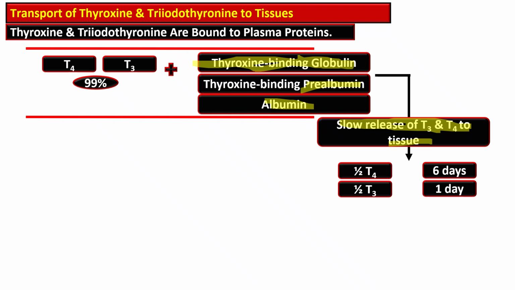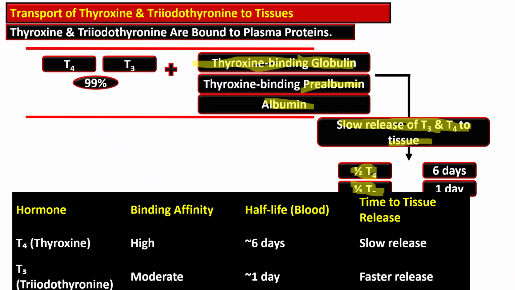The half-life of T4 in the blood is about 6 days, while the half-life of T3 is very less. It is about 1 day. So the binding affinity for thyroxine is high, the half-life is 6 days, and the time to tissue release is slow. While there is moderate binding affinity for T3, its half-life is only 1 day, and it is quickly released